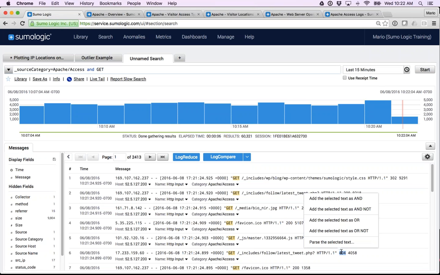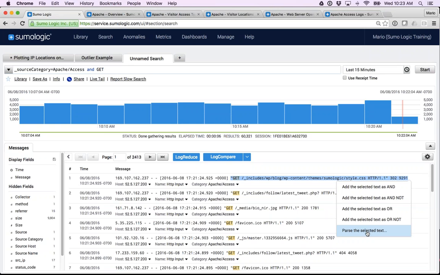Am I getting a lot of 404s compared to my 200s? So what I'm going to show you now is how do I go about parsing my data so that I can start making some sense out of it. I'm going to show you one way of parsing, and then I'm going to talk about a few other ways of doing it. In this case, I'm going to grab this data in here, and I'm going to say parse